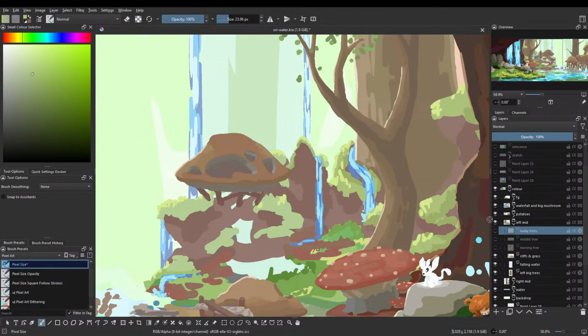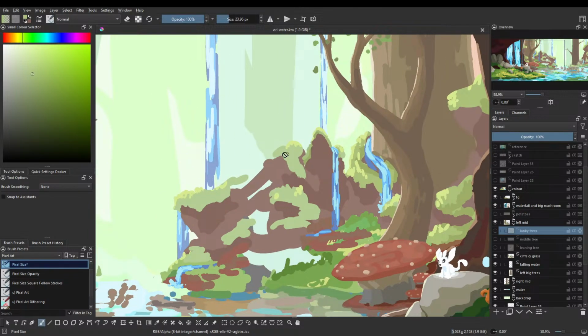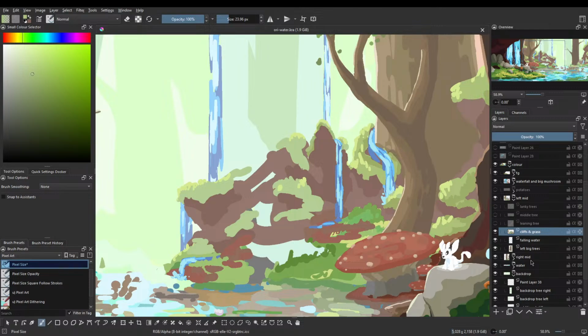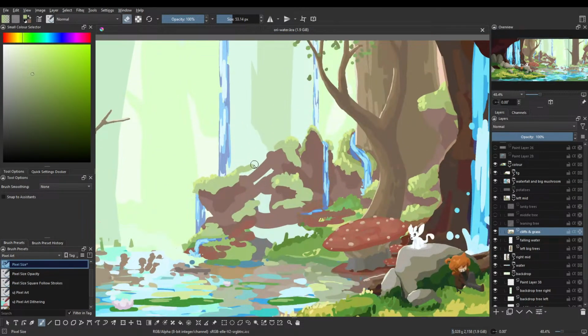Okay, let's get these cliffs actually on layer, and let's see what they look like, what I want this to look like. When I only see a little bit, I can't really conceptualize what I'm doing. So this looks like a mess.